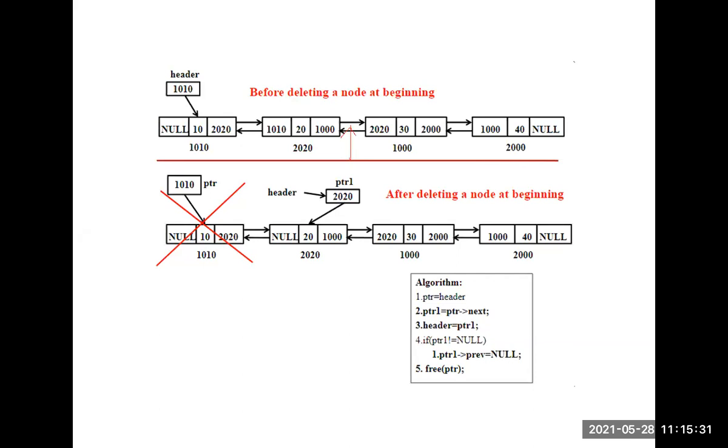Okay. So here head equal to null means the list is empty. Otherwise, if head of right link contains null, it means there is only one item present. So just delete that and return null. And otherwise, if it is not like that, then what you have to do is